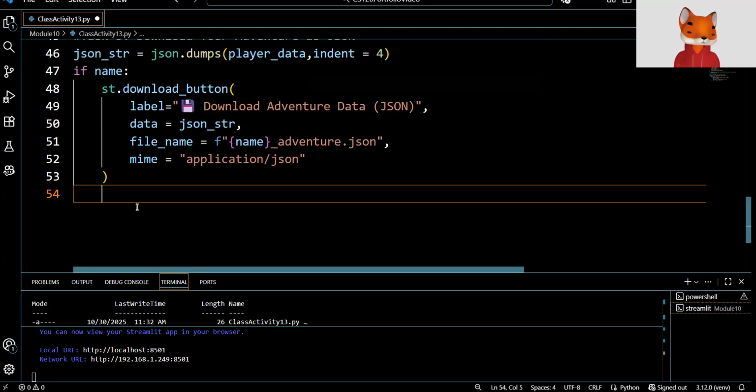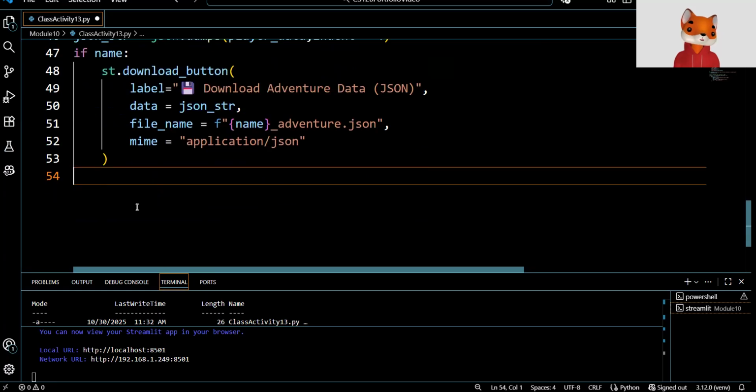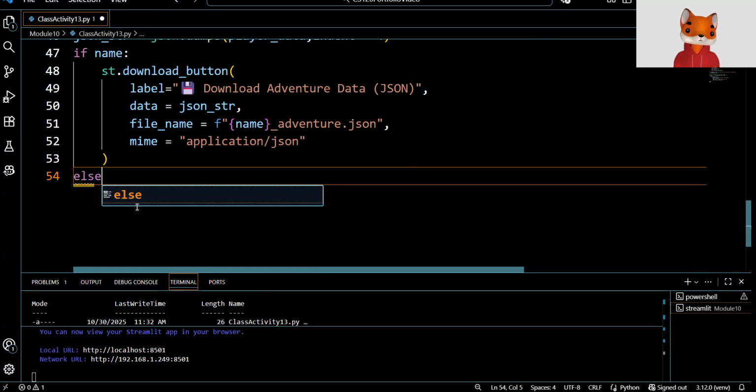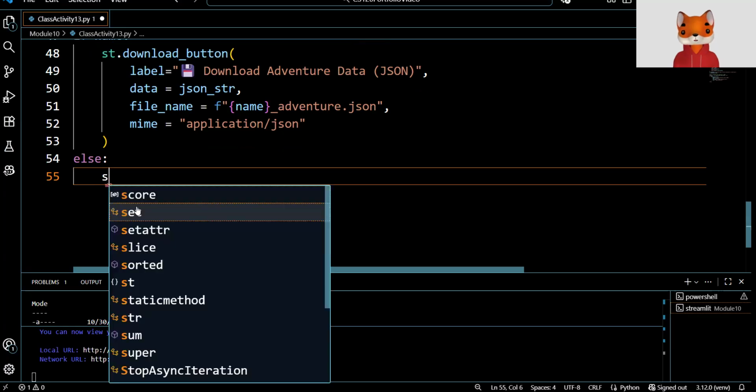Now we're going to move on to task 4 here. Or no, we're not finished, because we have an if statement. That's if they write it. We need to have an else statement to let them know, hey, you need to go upstairs and enter in your name again. So we're going to just say else: